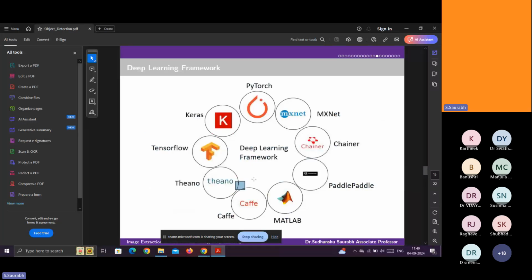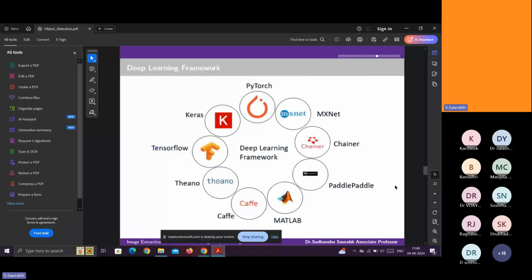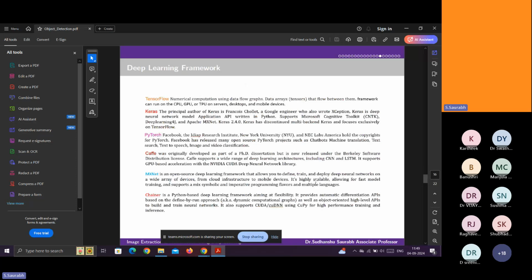See, if satellite SAR data is there, then that data is always in gray format. But many informations are hidden in those gray data sets. For that purpose, Caffe is very much useful. You can apply Caffe and extract the information which is hidden in the gray images. So according to your project, you can apply. MATLAB is also there. The machine learning packages are there in MATLAB. Then Paddle is also another kind of framework, so you can use Paddle also.